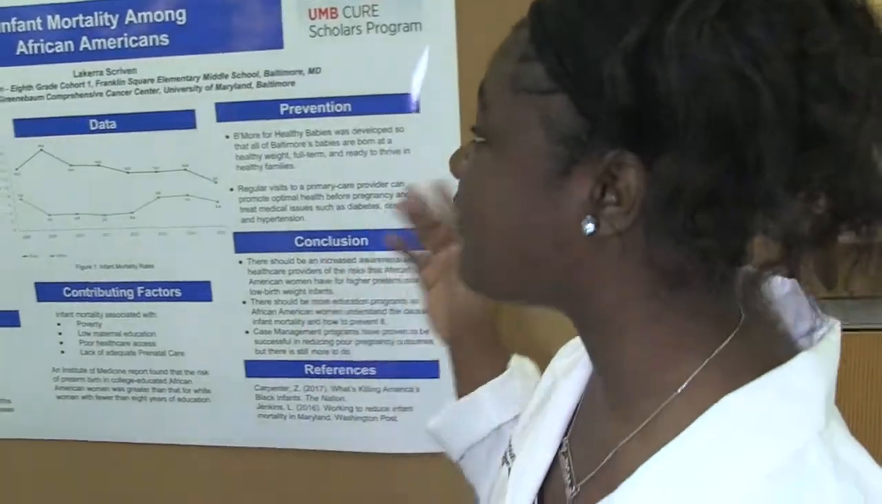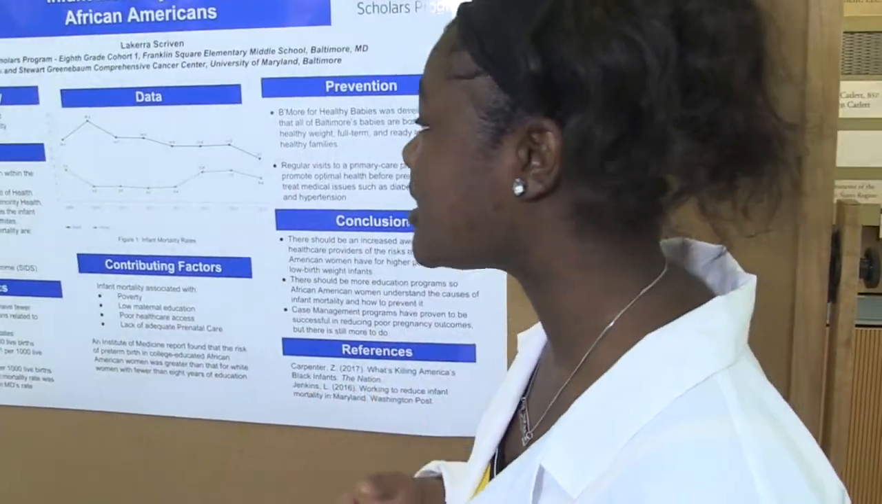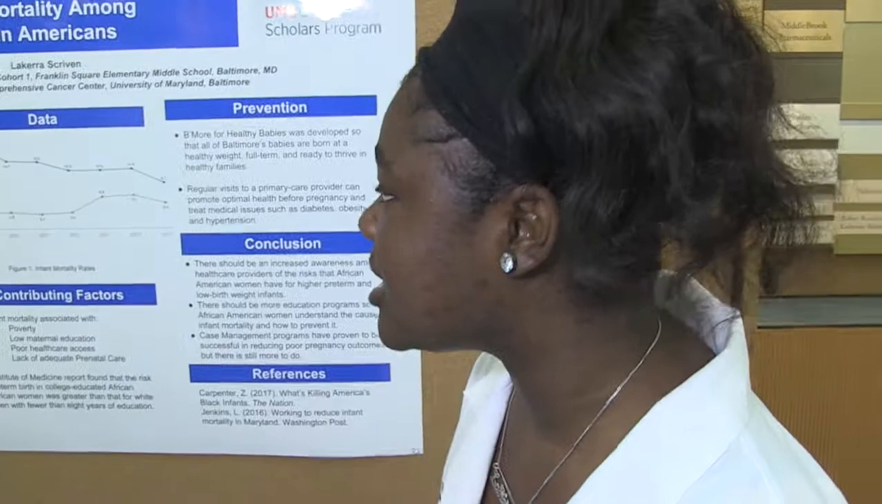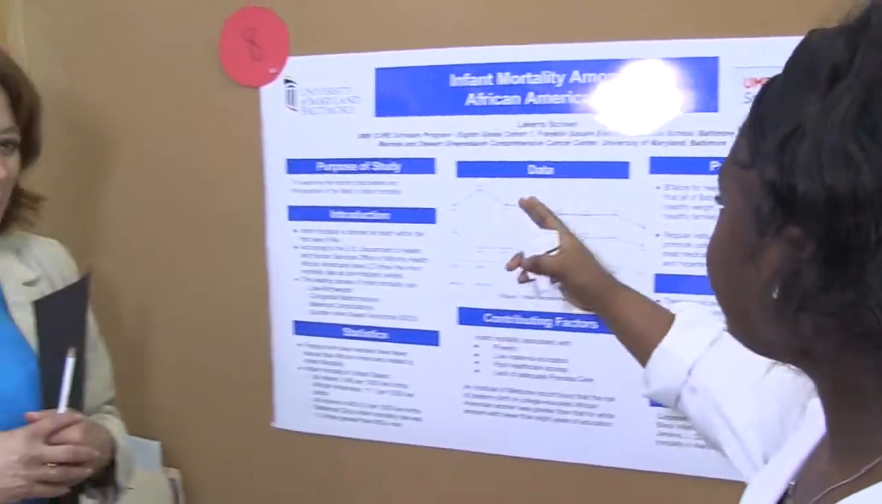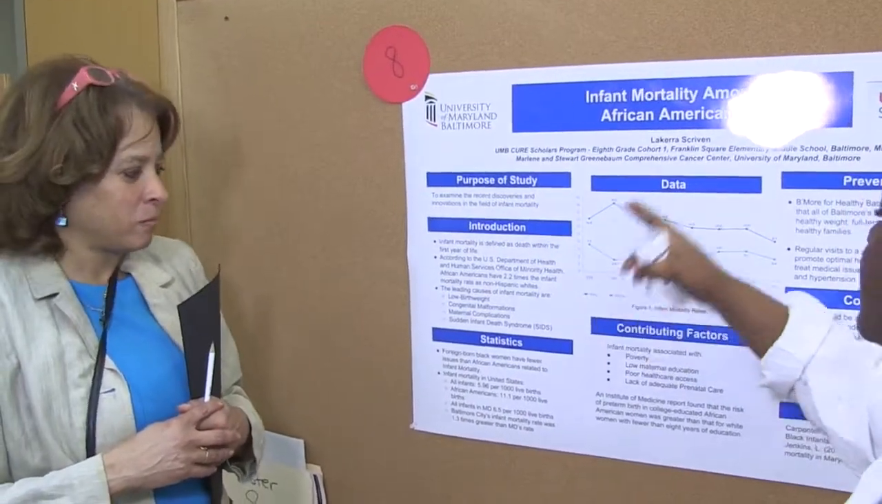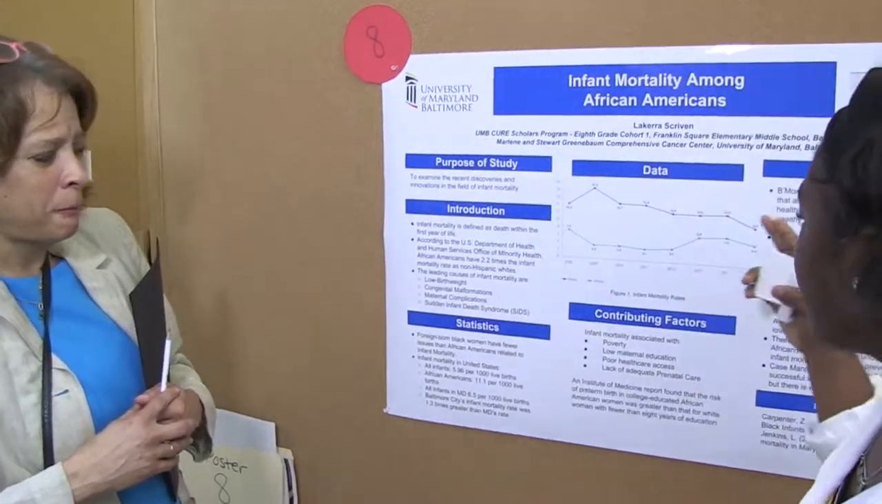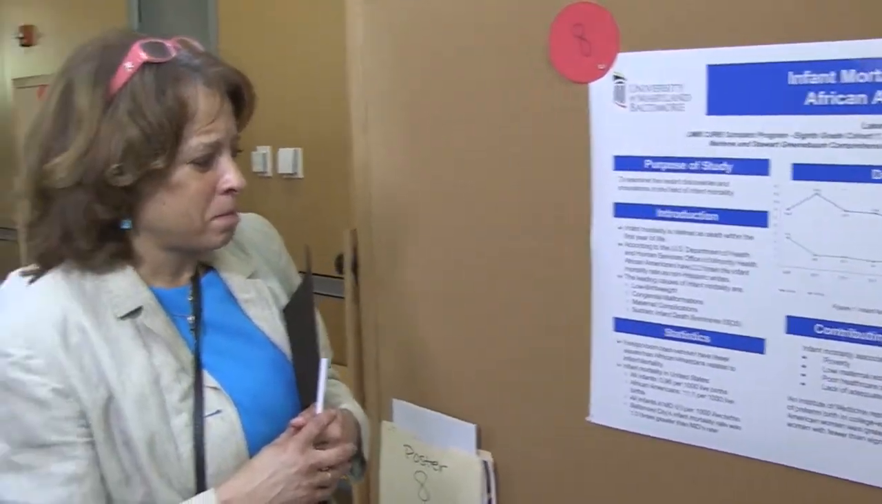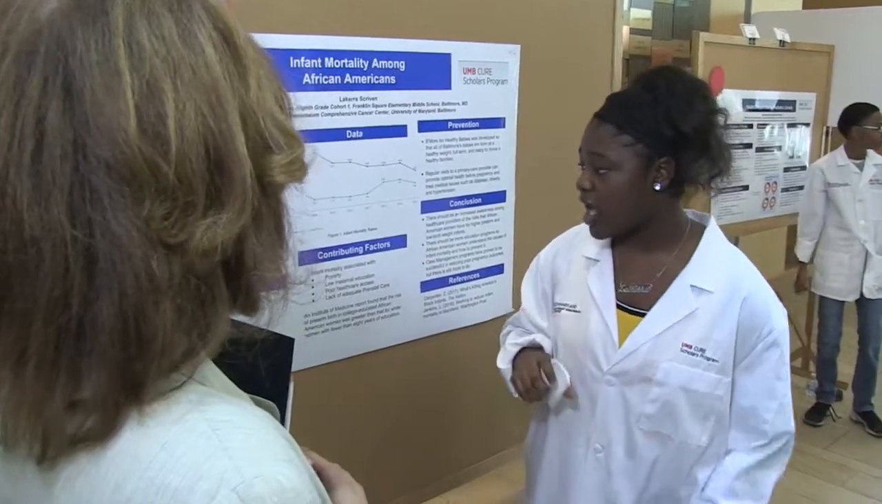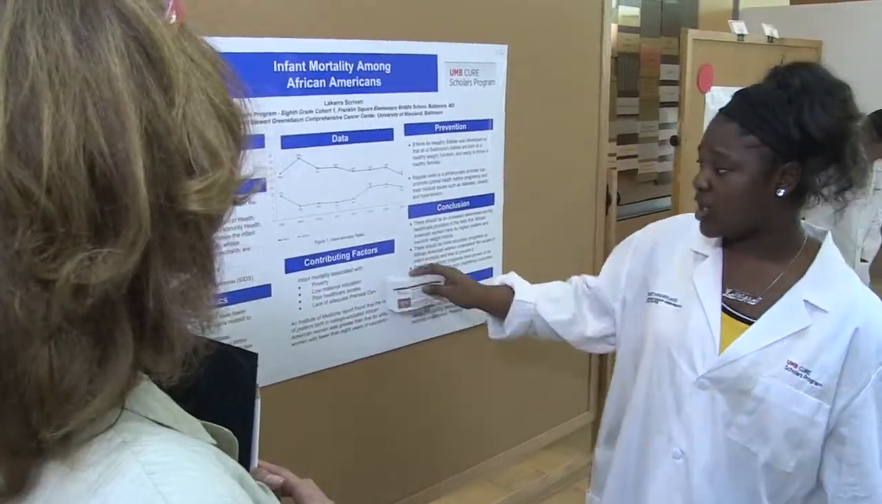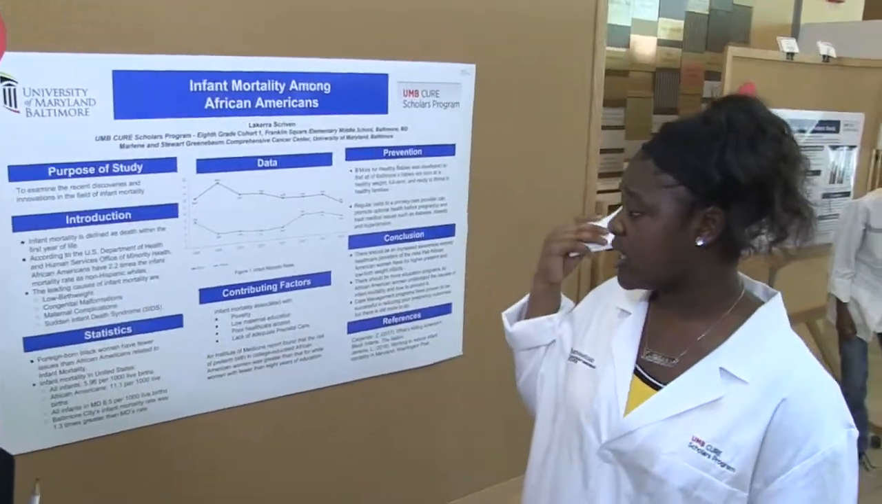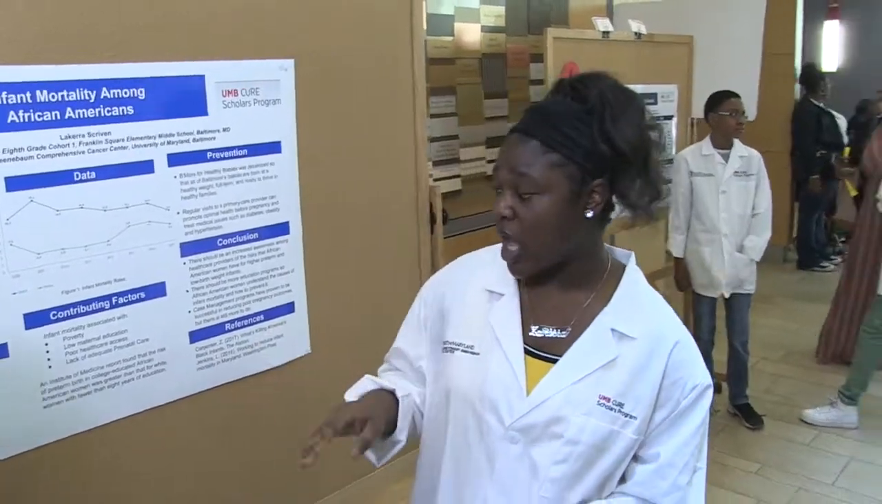Today I'll be talking about infant mortality among African Americans. I chose this topic because African Americans have 2.2 times the infant mortality rate of non-Hispanic whites. And as you can see here, the infant mortality rate for African Americans has always been higher than Caucasians. So here is the African American rate. And some causes of infant mortality were really associated with poverty and